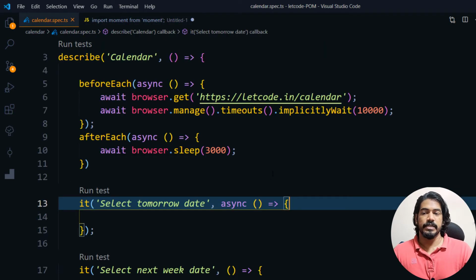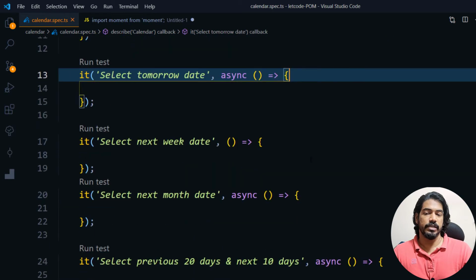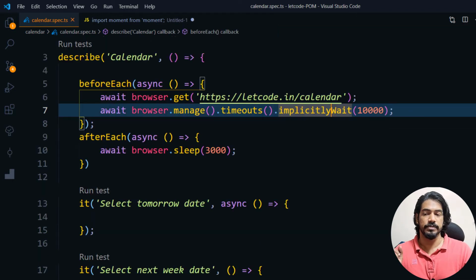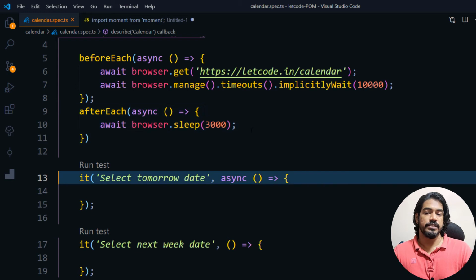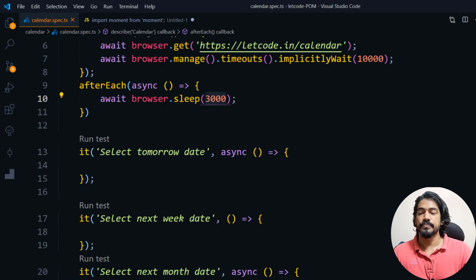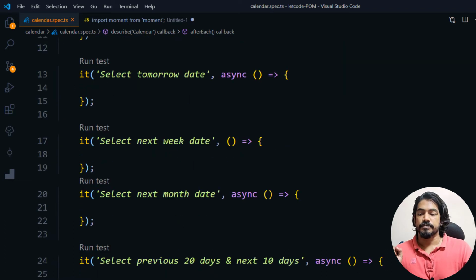For example, here I have already prepared the skeleton of the test case, that is with the describe block where we have beforeEach, where I'm just getting that URL and we have this implicit wait, and later on we have afterEach. Just to show you that the date is picked correctly, I'm using this 3000 milliseconds, I mean 3 seconds. And then we have a few test case scenarios.